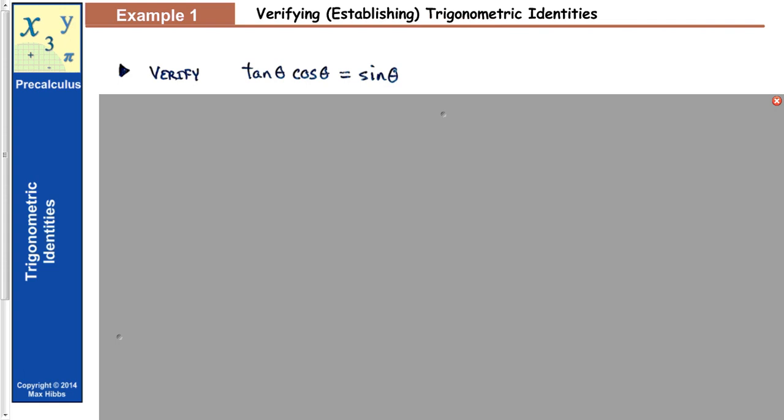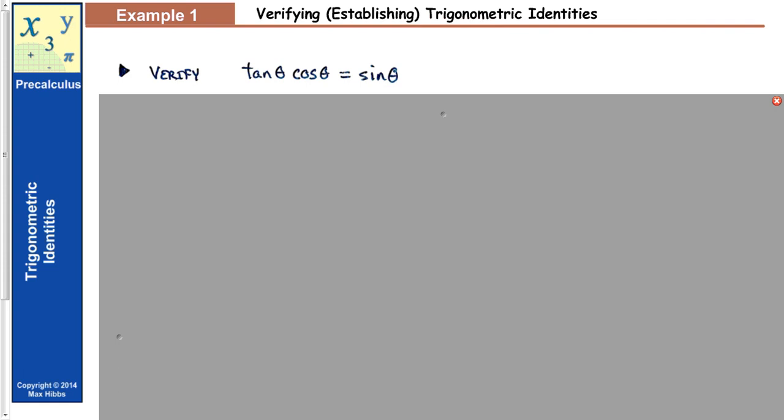Okay, on this next page, we're actually to the point of going through this process called verifying trigonometric identities, or establishing trigonometric identities, or proving trigonometric identities. And an identity is different than an equation. An equation like 2x plus 1 equals 5, what would we do? We'd subtract 1 on both sides. We come up with a single value of x to solve that. Okay. Identities mean that the equation is true for every theta that we can